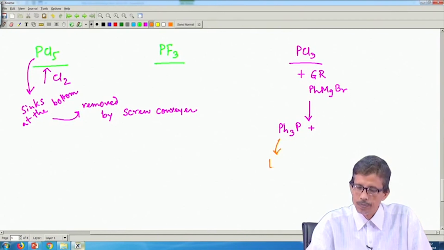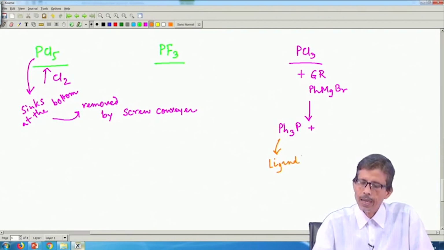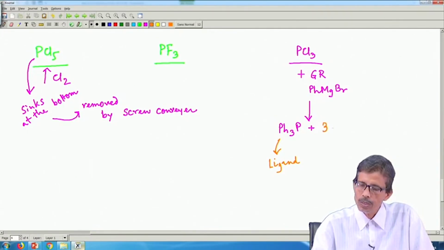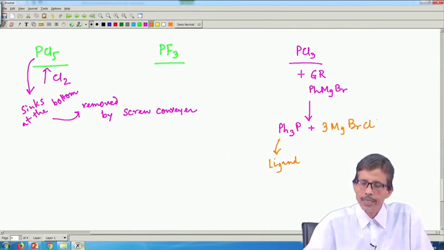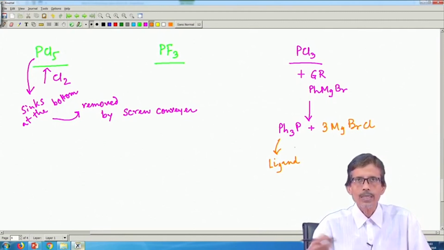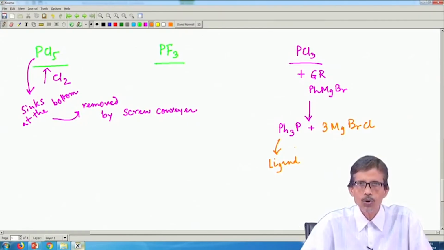So this is our ligand, which is triphenyl phosphine, formed along with 3 MgBrCl. So that 3 MgBrCl formation will give us, along with it, your triphenyl phosphine, which is your ligand. We'll consider in our next class how this particular triphenyl phosphine can be useful for making different types of compounds,